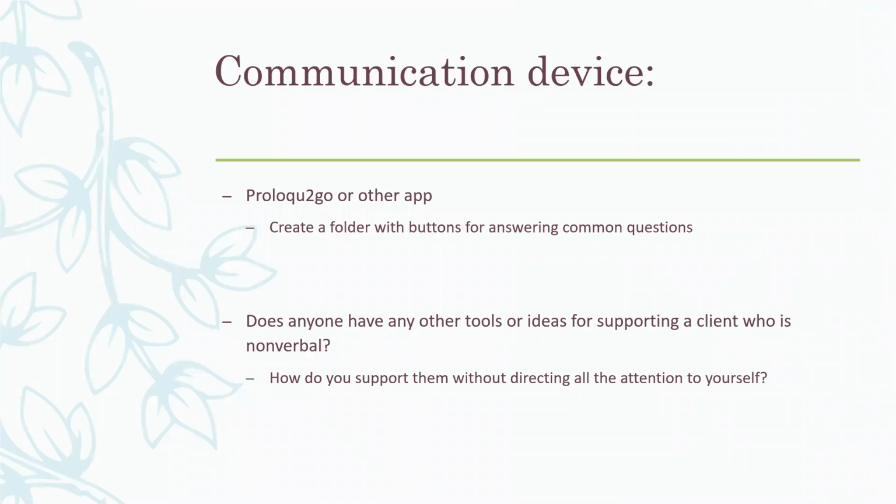Communication devices. So again, I'm really only familiar with Proloquo2Go, but I know there's other apps out there that people are using. So creating a folder with buttons for answering common questions so that it keeps the interview process moving, and it doesn't take as much on the spot of someone answering the questions, because there's already either pre-recorded or predetermined, or however the app is used. And then